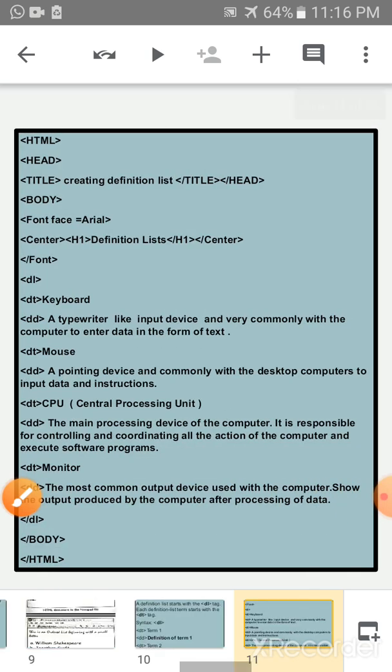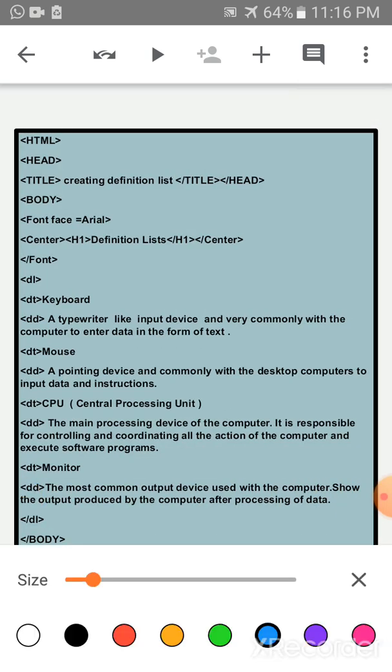Now children, here is the coding you have to write in your notepad. HTML, then head, after that the title tag, then the closing tag of head, and then the opening body tag. Then enter the font face. I have written Arial here. Then the definition list.